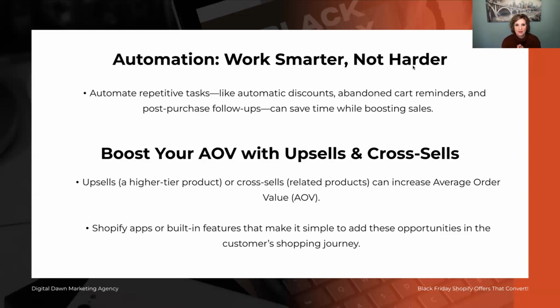So if you can get them to purchase something quicker or to come back and purchase quicker, then you're going to help with the next point, which is your average order value, upsells and cross sells. Okay. So you want to make sure that that part is already set up, and meaning this is something that, again, depending on whatever email system you have, whatever email tool you are using, you can set this up to automatically through automation